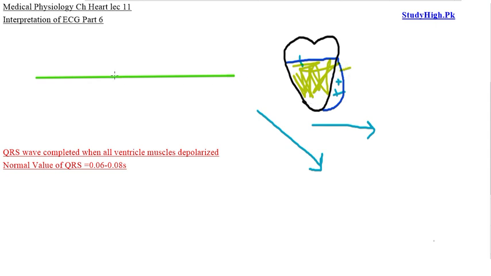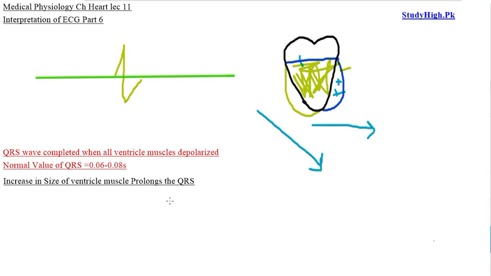As a result, the duration of QRS will be increased when the size of the left ventricle or the size of the right ventricle increases or enlarges. So this is the third important thing that you must know: an increase in size of ventricular muscle results in prolongation of QRS. If the normal value of the QRS complex is 0.06 to 0.08,